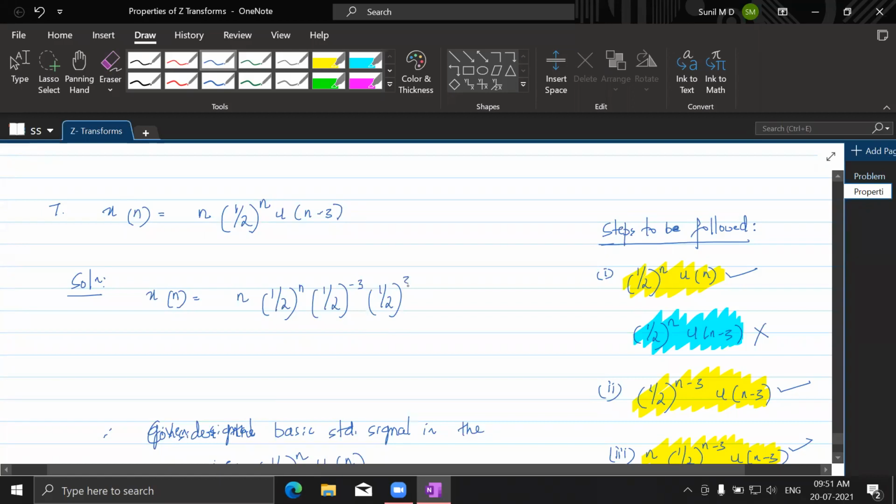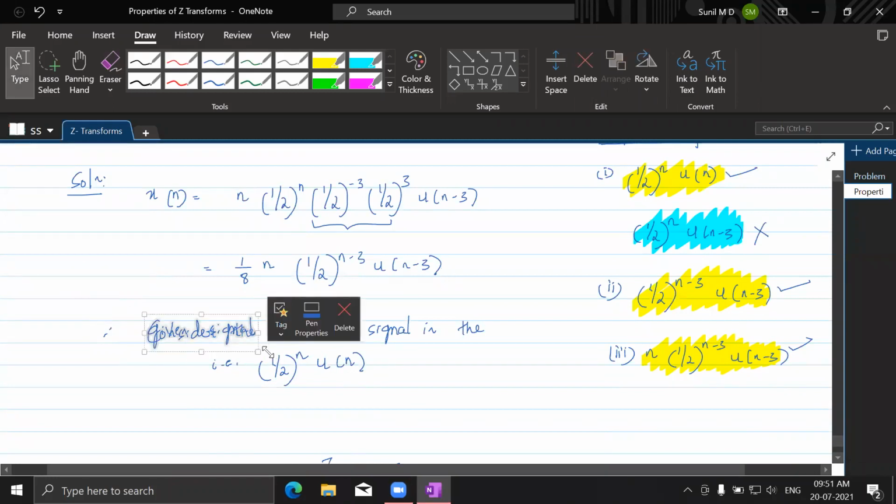So don't you think bringing this term is as good as multiplying the term with 1? Okay, so that is what I have done. Is it okay with you, everybody? Then how does it look like? This is 1 by 8. Keep 1 by 8 aside. Along with that, there is half power n minus 3, then there is u of n minus 3. Everybody understand now? Okay, so first you need to get this in form.